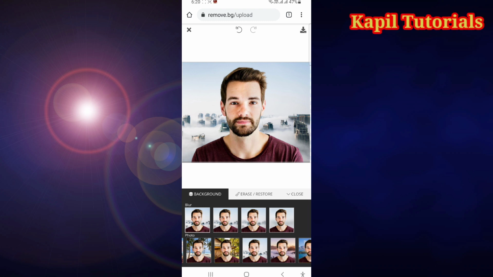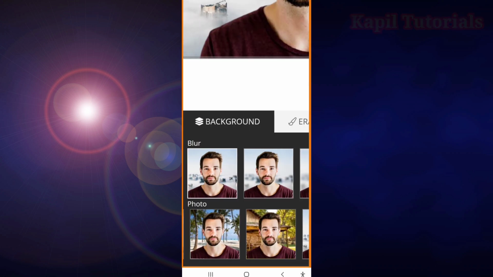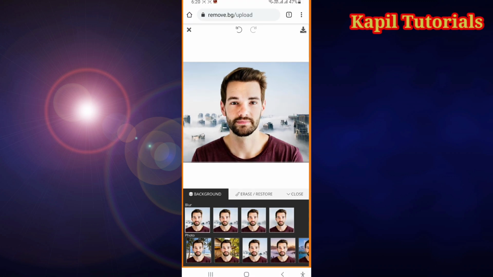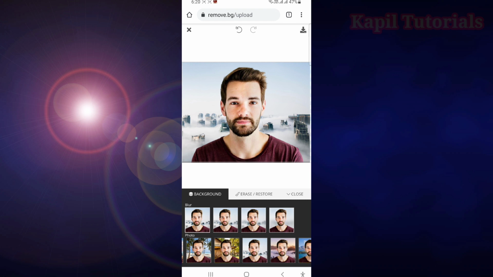Sometimes we want our image to be focused, so I can use this. On the top blur is there, so I can use the blur settings. Just see what I am doing. Firstly, I am trying this option, this one. Now I have clicked it, it is very simple.